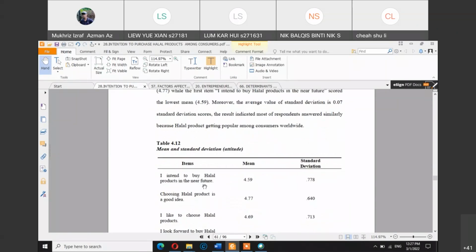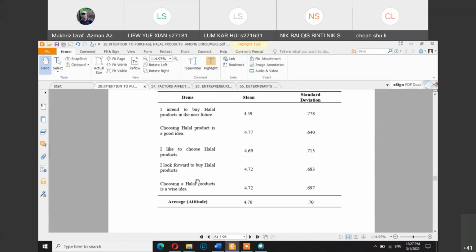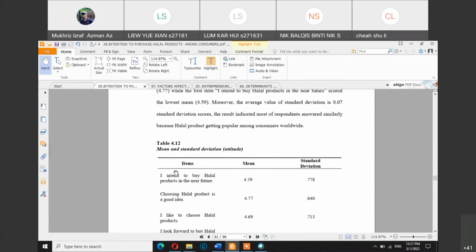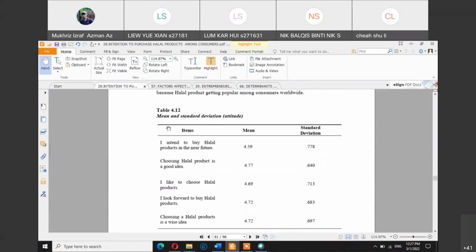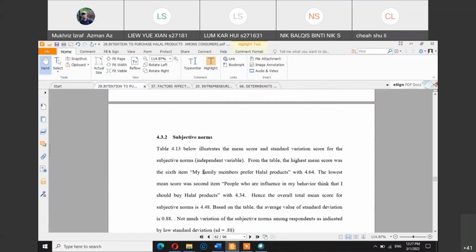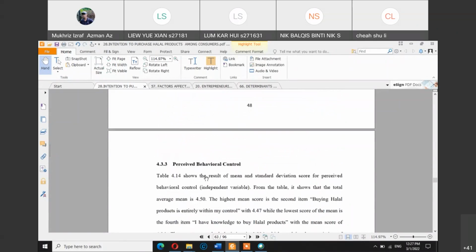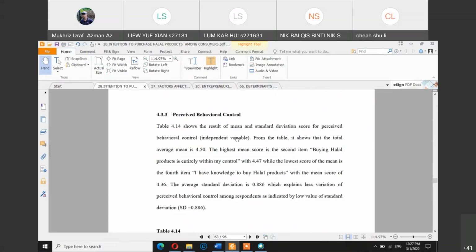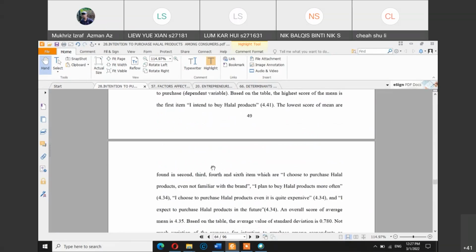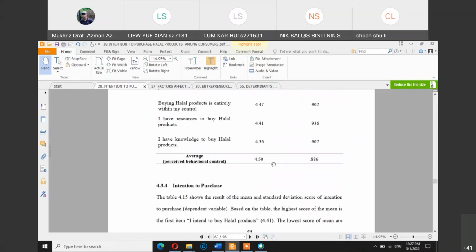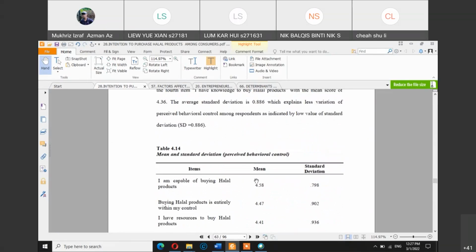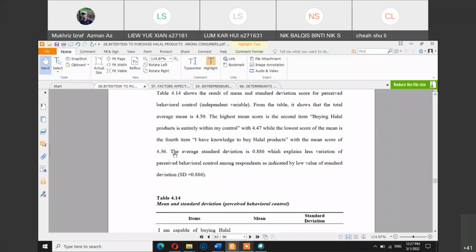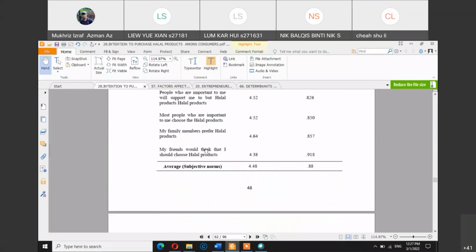Okay, you can also provide such a table like this. Provide the mean score, nilai markah purata, the mean score of each of the items in your Likert scale section. For example, for this particular thesis, the student has the first item as attitude, and then subjective norm, and then perceived behavioral control, and then intention. So there are 4 sections. Each section, the student provides the mean score for each of the soalan, each of the items. So you can obtain a similar output from your